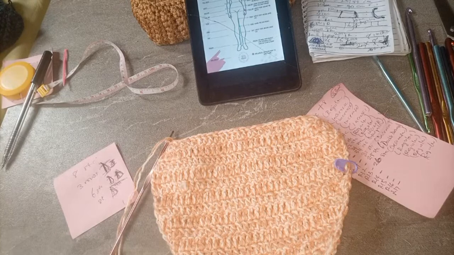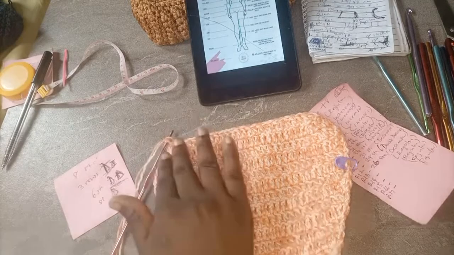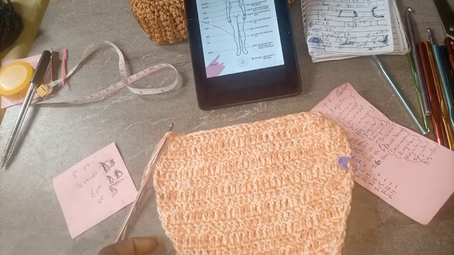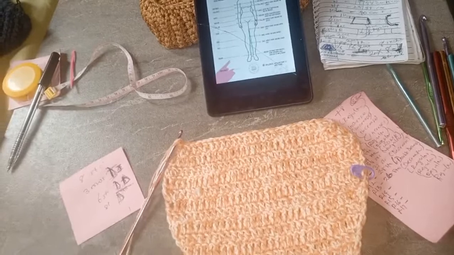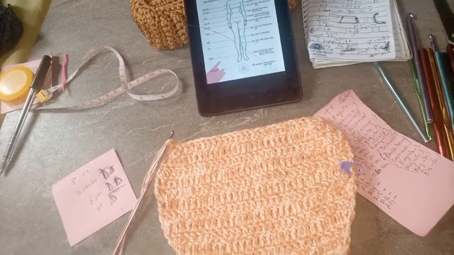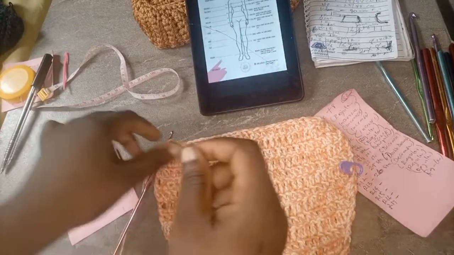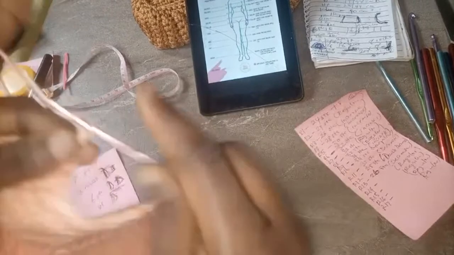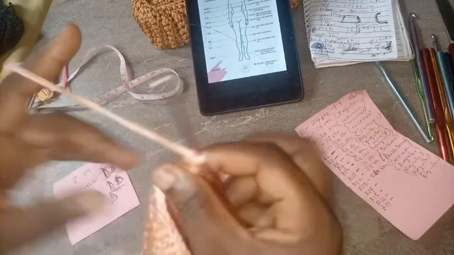Please just try and confirm like every 2 rows. Once you are confirming and it's the same thing, my dear, forget it. You are doing the right thing. So for our next 4 rows now, we are going to be doing a regular row.